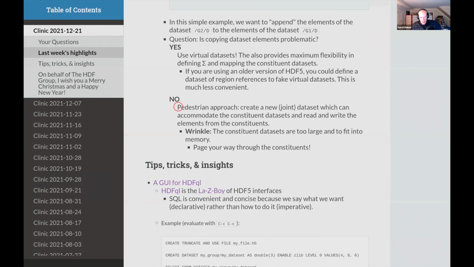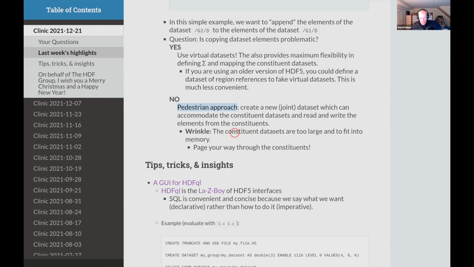You would take what I would call a pedestrian approach, which is, create a new joint data set or extend the existing data set to accommodate the data set elements that you want to bring in. And then unfortunately, you have to read either both or one data set and write the elements to the destination.